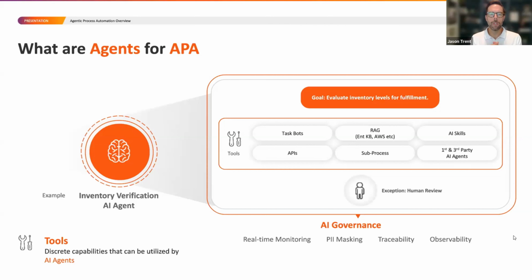Now, once you get access to those models, what most of you have probably found to date is that there is an opportunity for these models to sometimes, not always, provide the wrong information. We call that hallucination, and it can easily be mitigated by taking advantage of different practices or approaches. The most common is retrieval augmented generation, or RAG. We have a native RAG offering within our platform called Enterprise Knowledge. But again, we're an open platform. If your organization has made investments in AWS or Azure or GCP or other providers, and you've got a RAG capability and model that you've been using somewhere else, you can easily tie that in.